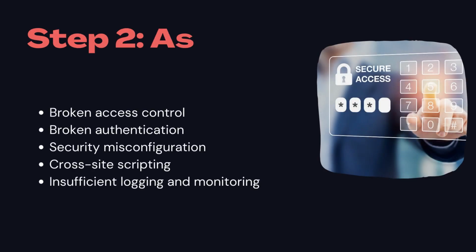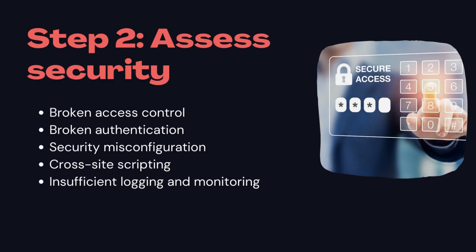The second step will be access security. There are a lot of access security issues. Some of the ones that I would like to pinpoint are broken access control, broken authorization, security misconfiguration, cross-site scripting, and insufficient logging and monitoring. So these five have their own key points which all come under access security. For example,